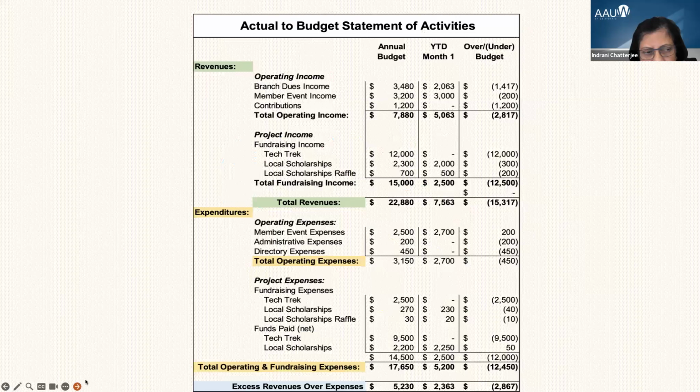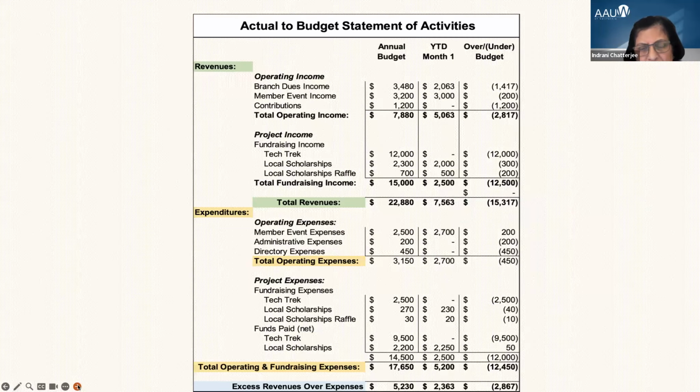Kathy, next slide. This is the actual to budget statement of activity once month one, which is the July month, will end. Your preliminary budget, as Kathy mentioned, will be done by the previous finance officer. However, the new finance officer and new board members will approve the final budget, and based on that, monthly activity will take place.